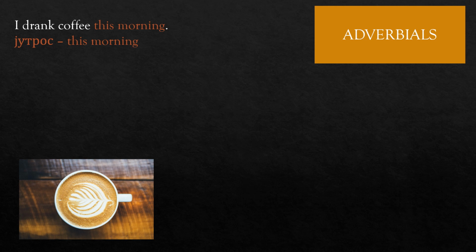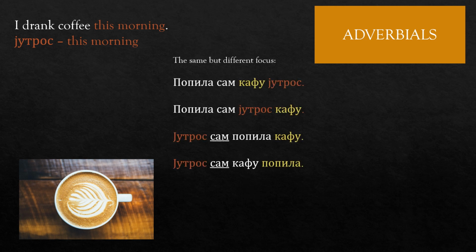What if the sentence contains an adverbial specifying place or time, like jutros, this morning? Say, for example, I drank coffee this morning. Popila sam kafu jutros. You can just append jutros at the end of the sentence. But you don't have to. You can put it